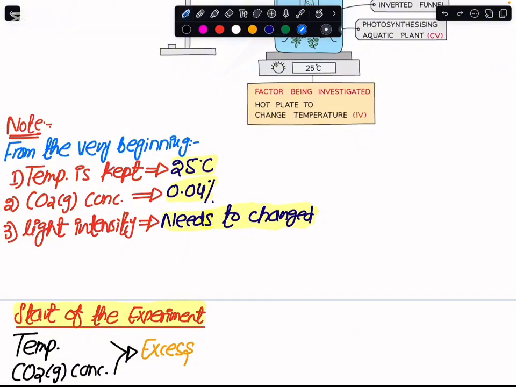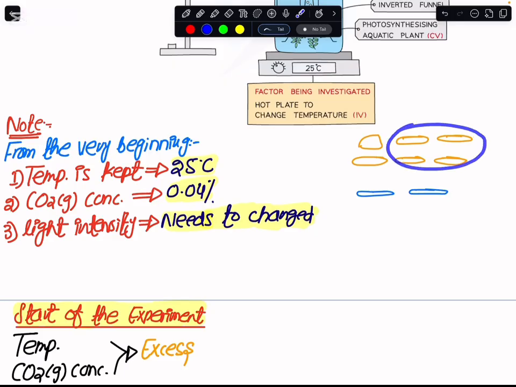As I told you a while ago, if I take two chicken patties from the very beginning of making burgers, and with time I keep increasing the number of buns, initially the two chicken patties would be in excess and the buns would be limiting. But later, when I keep increasing the number of buns, the buns would become excess and the chicken patties would become limiting. So the same situation would happen here: initially the temperature and the carbon dioxide concentration